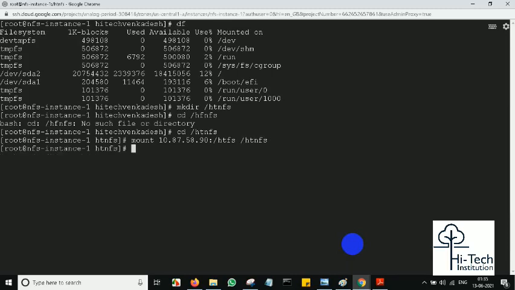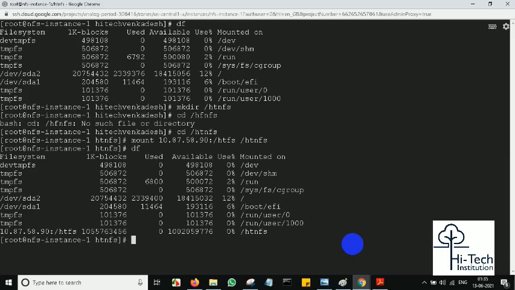Yeah, it gets success. Now see, again I'll check the existing file system. Earlier it was not showing. Now see the last line. I hope you can see that. It is available, the last one. So it got successfully connected. Now what I will do, guys, I'll be writing some files over here, so the same files should be reflected on that other server, that is the common shared folder, correct?